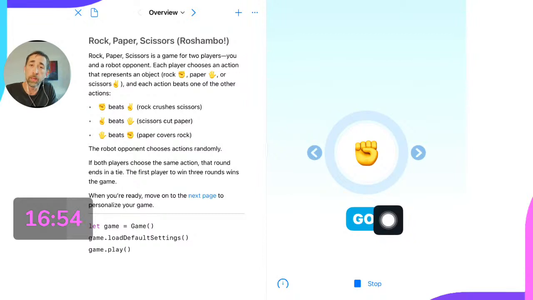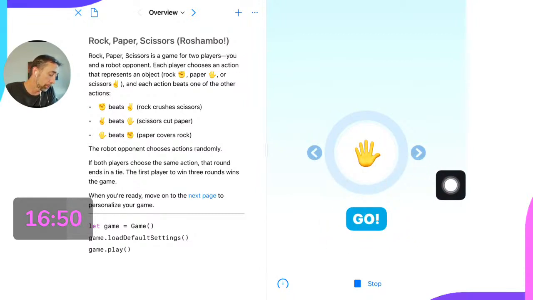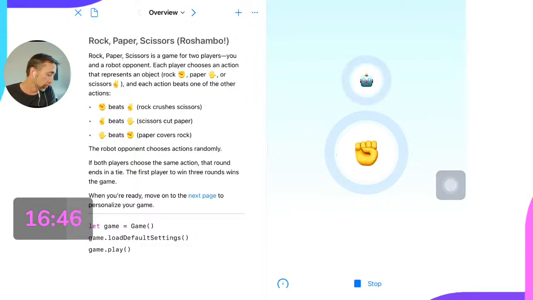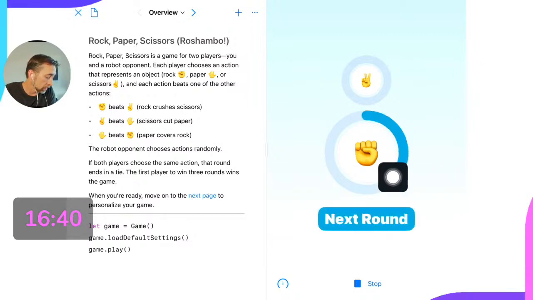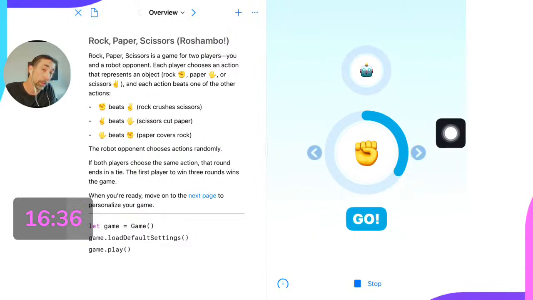So now, once we hit run, we can hit this go button. I can also pick different signs. So I can pick paper, scissors, or rock. I'm going to pick rock, and I'm going to hit go. My opponent shows up, my little robot opponent. All right, so I won the first one. When I win, a bit of my circle gets colored in. I can play the next round. I'm going to pick rock again.